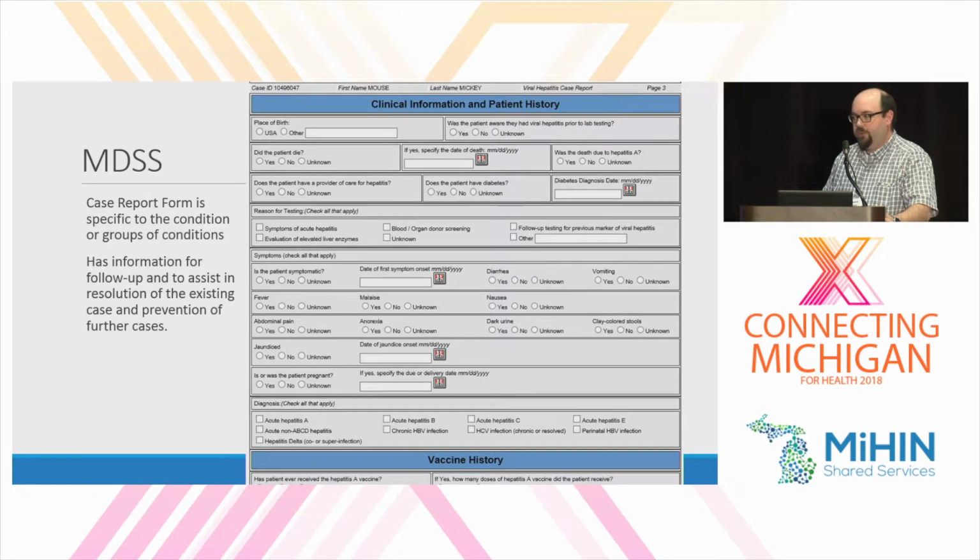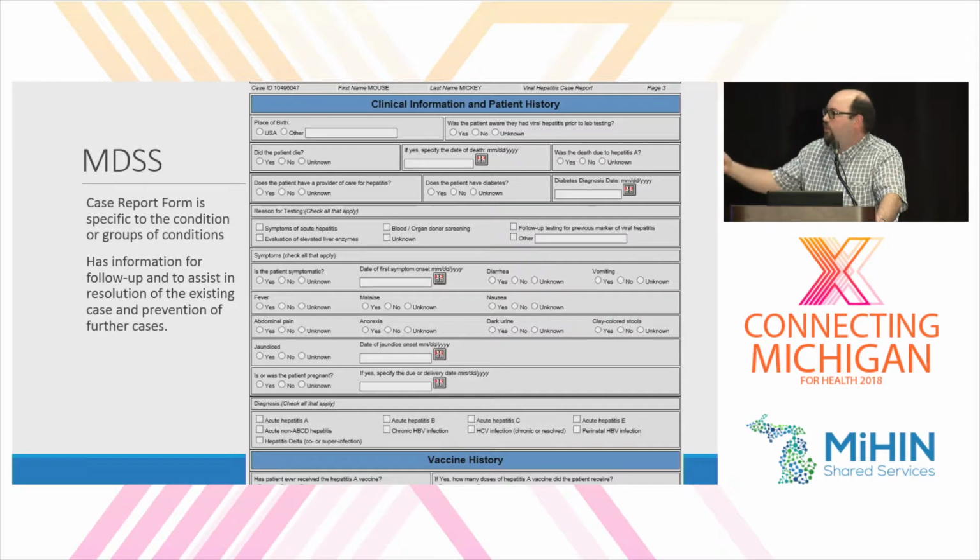which is, all right, well, do you have a food history? Do you have a travel history? They're there to treat you as you're sick, and not to figure out as much where it came from, as how to get you better. Public health's role is really to figure out that aspect, so we have to come back and ask a lot of those questions in the end. But having as much as we can out of the EHR pre-populated into our system really is a benefit, and it saves a lot of time.